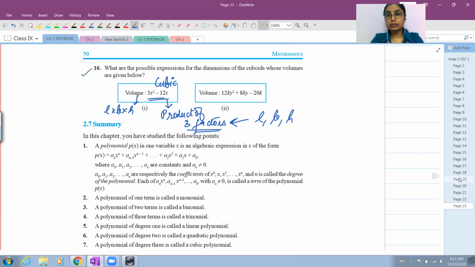Now you are actually using whatever you've done. Now you know how to factorize a quadratic polynomial in various ways, whether you use the identities or you use splitting the middle term. For factorizing a cubic polynomial, you have your identities. Like there are so many identities for cubic polynomials. And the second way is the long method where we have multiple steps. So whichever is applicable depending on your question.